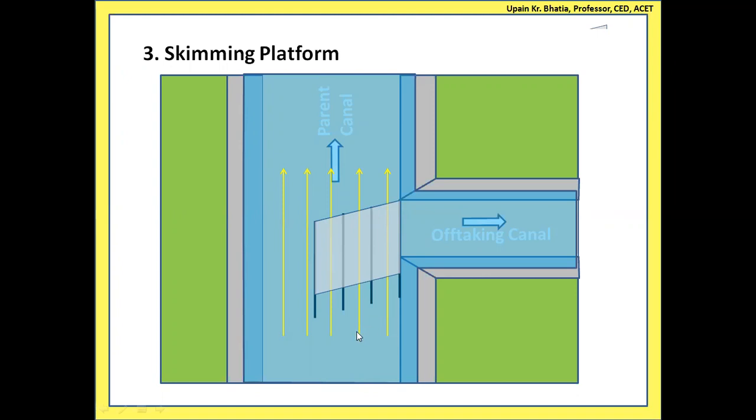Once this flow is entering into these tunnels, this top slab is preventing it from coming out and getting diverted into the offtake channel. So that's why it is functioning just similar to the silt excluder. There also you had the under tunnels, and the top slab was preventing the water of the bottom layers from getting diverted, and it was released on the downstream side of the river. But here it is a canal to canal diversion, so it is released on the downstream side of the parent canal.